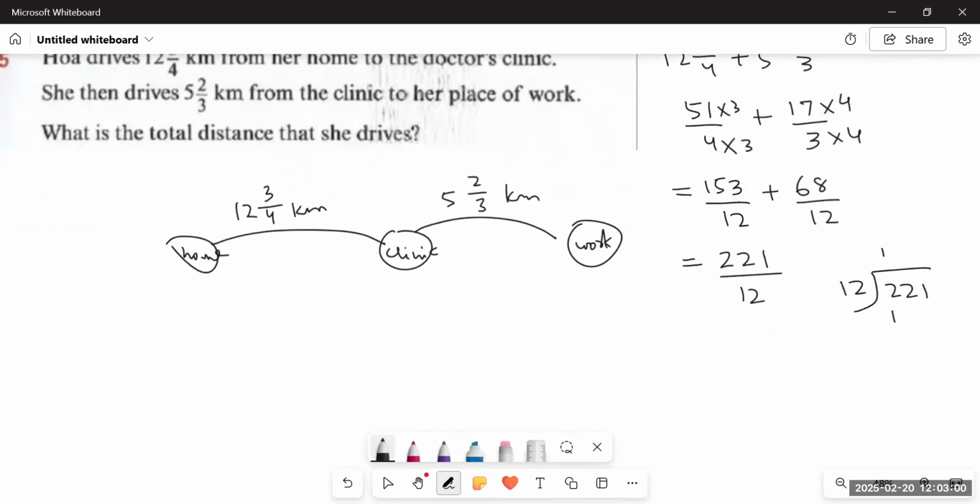12 ones are 12. After subtracting, we will get 101. And then 12 sevens are 84, 12 eights are 96. So we'll get 5 as the remainder. The answer to this would be 18 whole 5 upon 12. It means